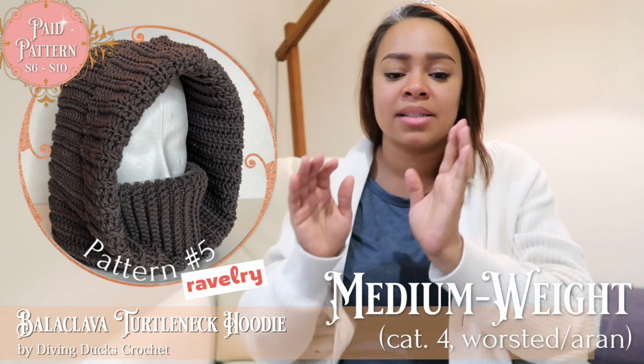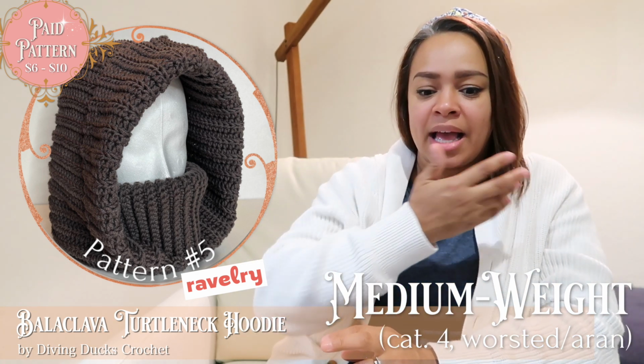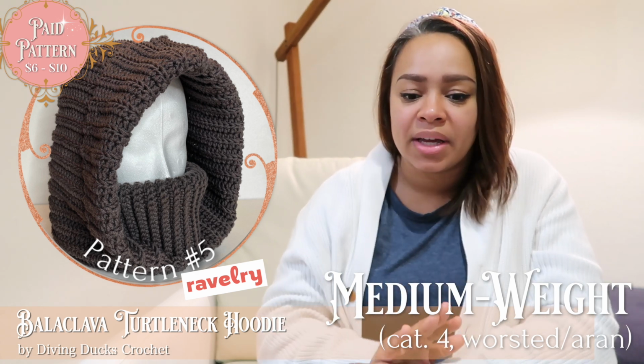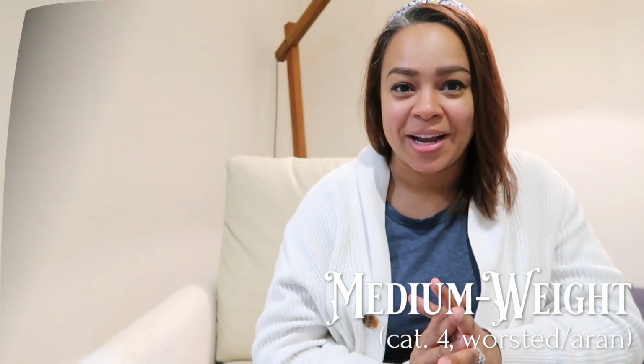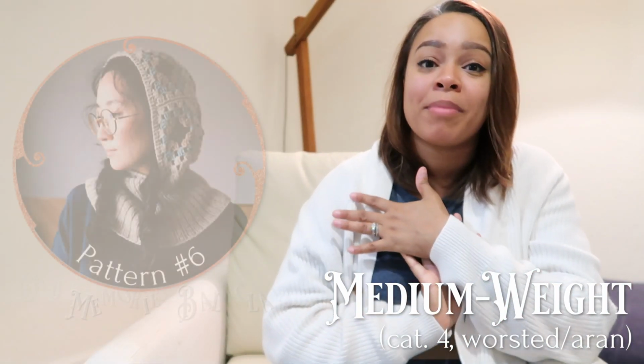This looks like it's got some really lovely ribbing. The ribbing looks a little bit different from the outside as it does from the piece that covers the mouth here, but I love it. So this is a great way to start off the medium weight category, the Balaclava Turtleneck Hoodie by Diving Ducks Crochet. So the very second one that we have in our medium weight category, this is the Old Memories Balaclava